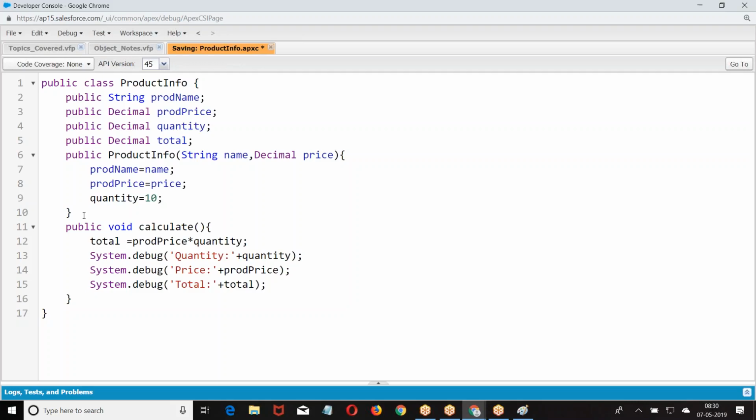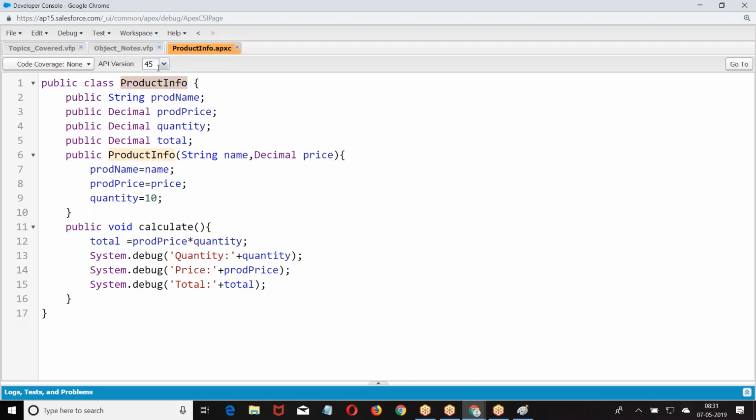We have this. Now, when I have this class, for every object, quantity is what? 10. When you want some starting value to be common for every object, we give it straight away, quantity equal to 10. For every object, quantity is 10, the starting value. But the product name will change from object to object. Product price will change from object to object.